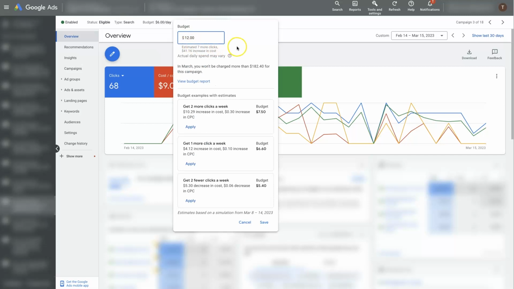So let's say we wanted to increase it to $12. It's also going to give us some estimates, sort of tell us what it thinks that's going to change as far as the cost on a weekly basis, it looks like. No, it looks like that's maybe on a monthly basis there. But either way,